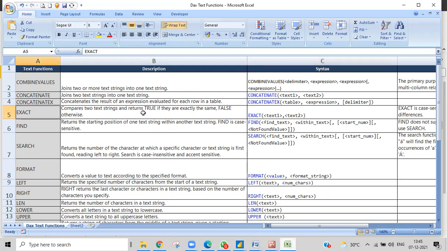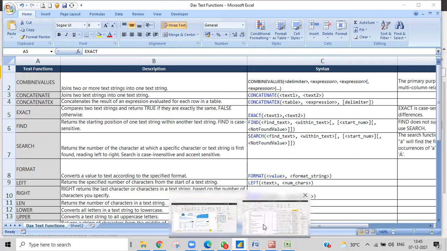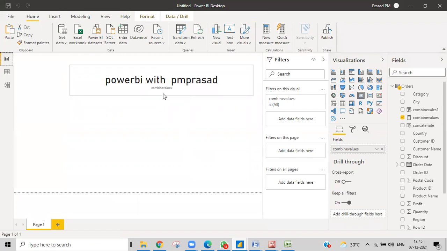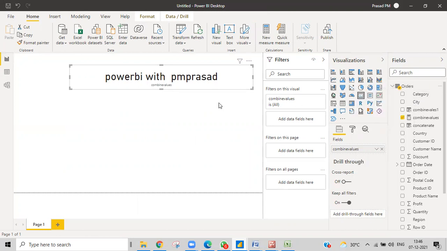EXACT compares two strings and returns true if they are exactly the same, false otherwise. I'll create a measure and show you how. I want to create a measure and just hard code something to show you.